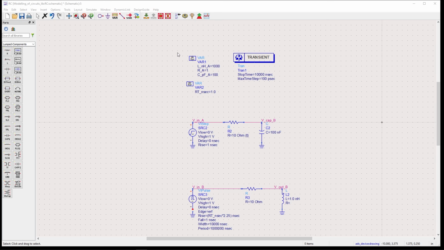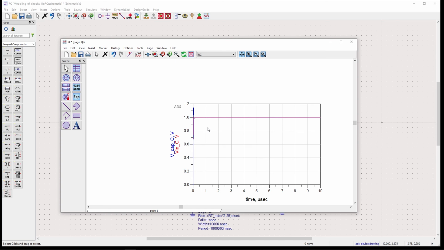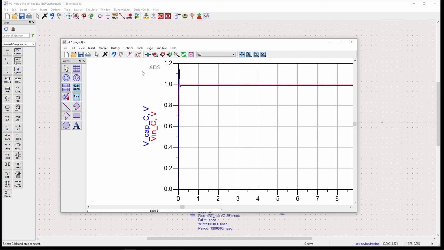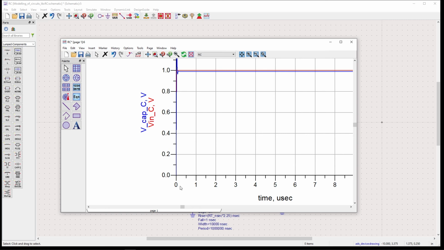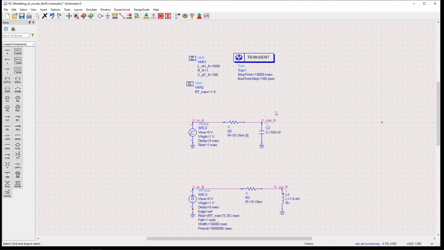One of the reasons when I'm doing live streaming and using this software is that it takes a toll on my computer, so I really cannot analyze as well as I want to. But you can already start to see the dynamic response over here. What I would try to do is 0 to 10, and I will try to make the max step time, the stop time, a little smaller,